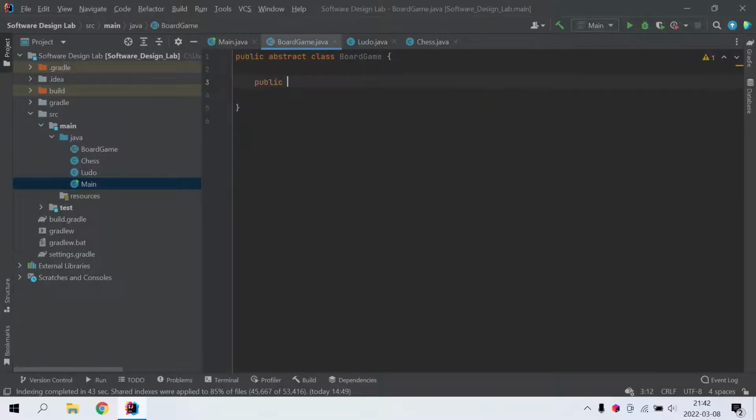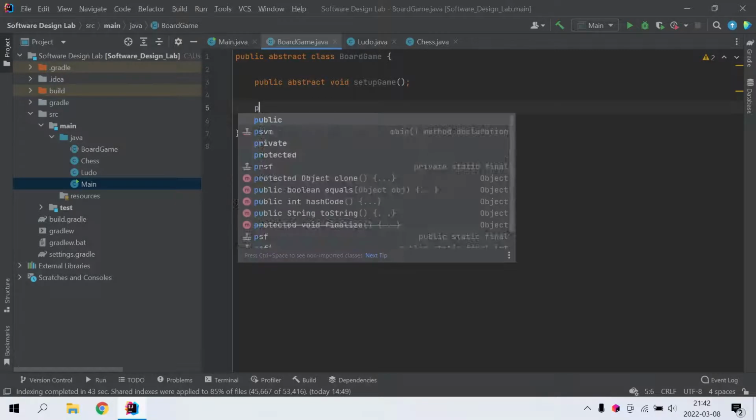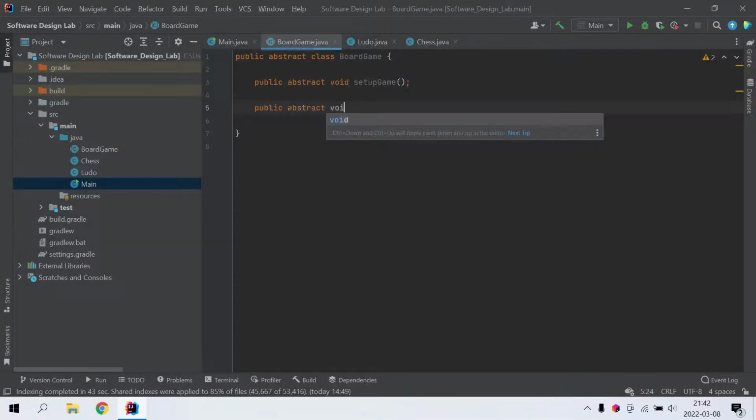So the first abstract method that we need to define is setup game. So this would be placing down the pieces, placing down the board, etc. Then we have another method called pick starting player. So this decides which player will